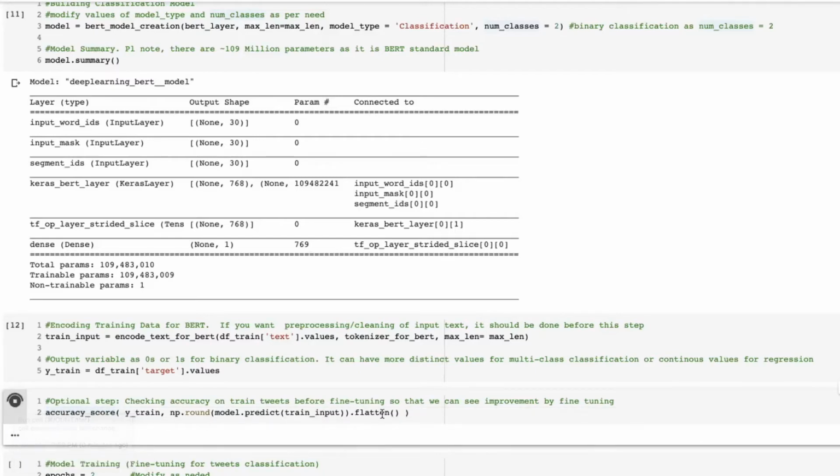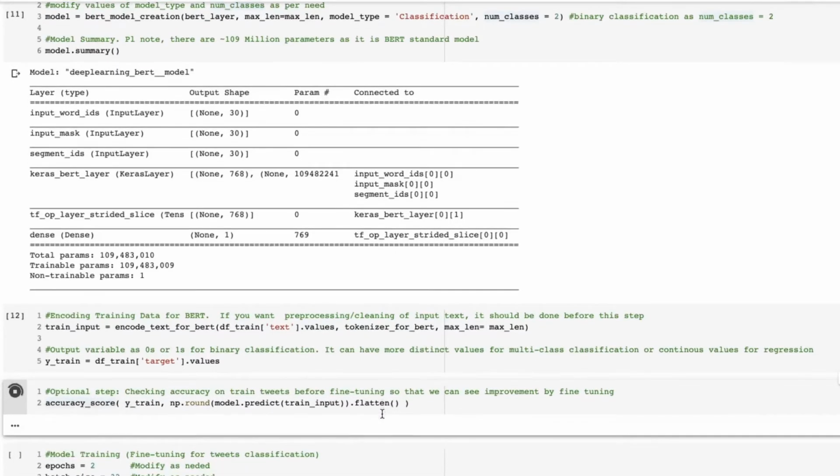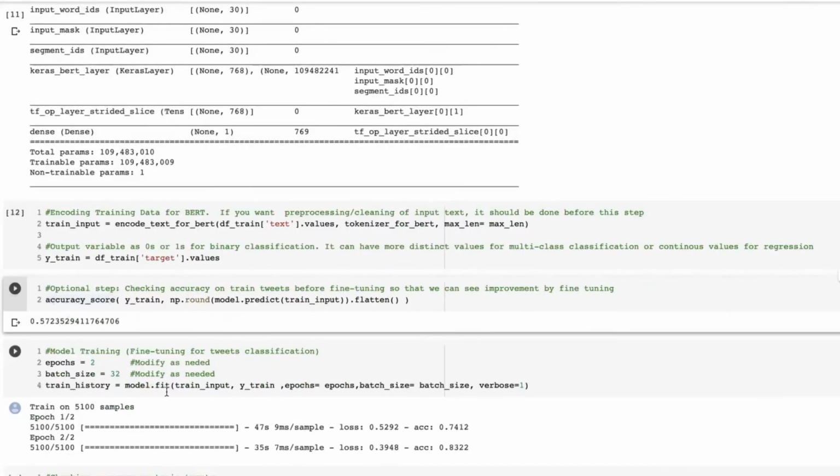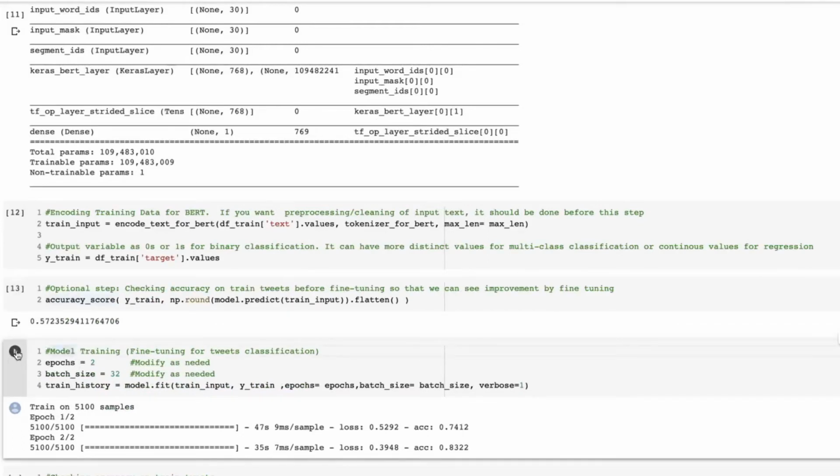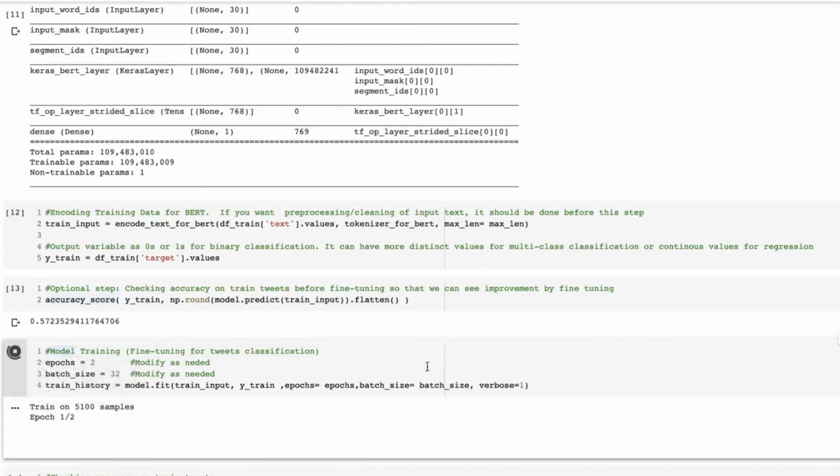So the idea is that you will see some accuracy here, but accuracy should increase after we fine tune the model. Okay. So you see it's showing 57% accuracy. And let me start training this model.